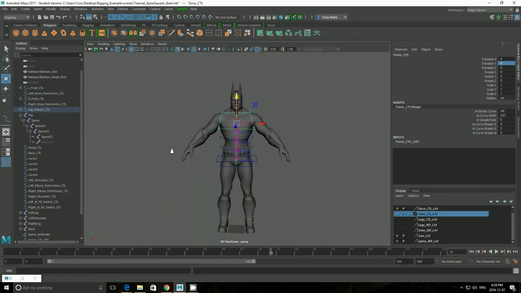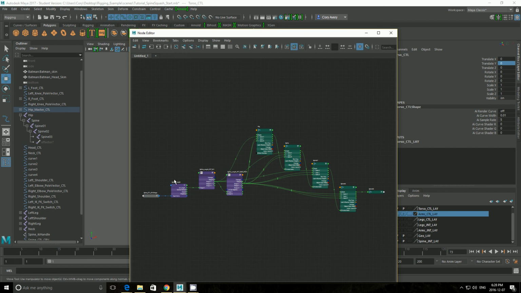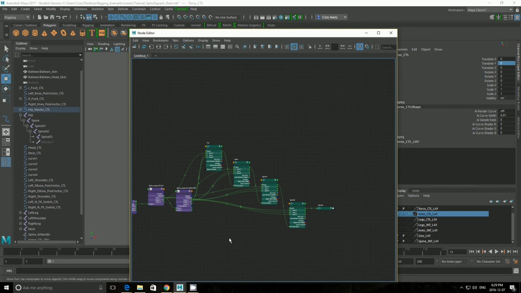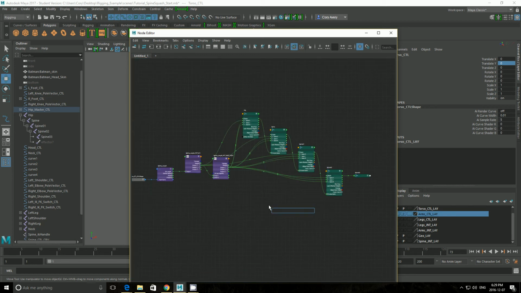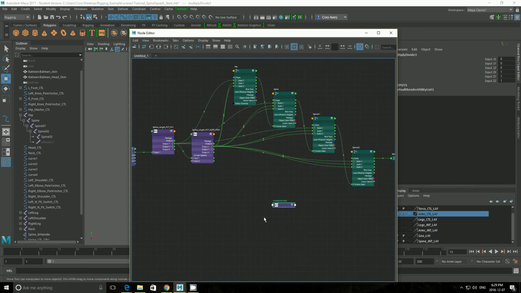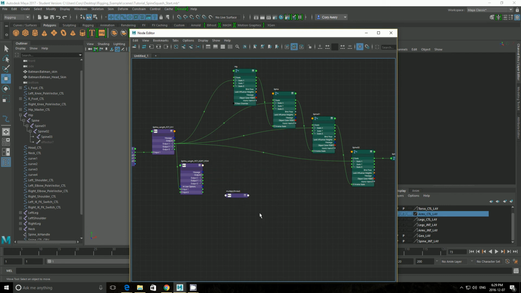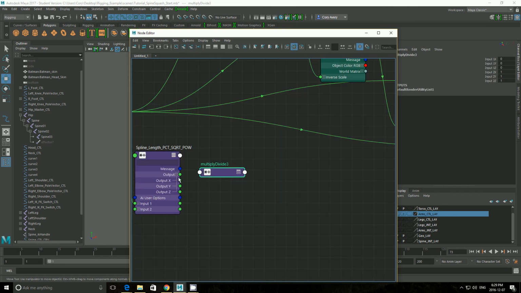I'm going to put that back at the default, back to my node editor, and I'm going to create that multiply divide node again, because I accidentally cleared it out. So because this one isn't doing quite what we wanted, we can actually delete the current connection. So I'm just going to drag a box around the outputs from my square root multiply divide node, and I'm going to put this one in place